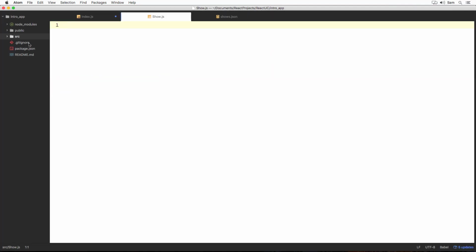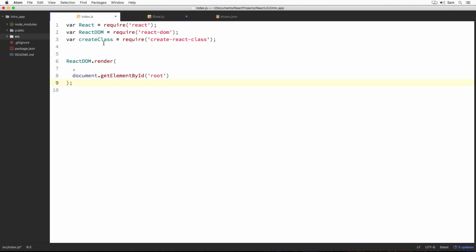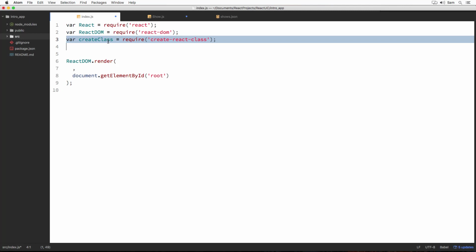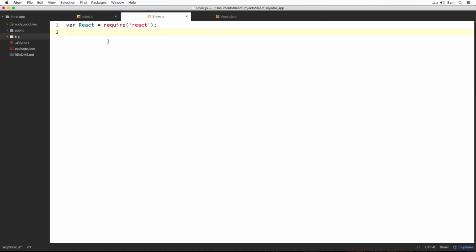This is the place where we are going to define all our components that will help us to render shows on the web page. And inside it, I'm going to import React using CommonJS module syntax. Then let's import the create-react-class package and store it as createClass. Since we will no longer be using createClass inside index.js, let's cut this line and paste it here.